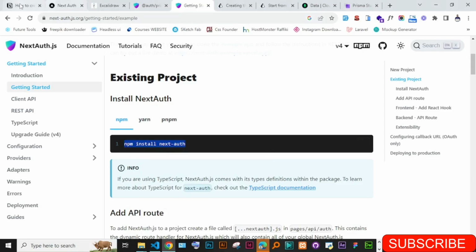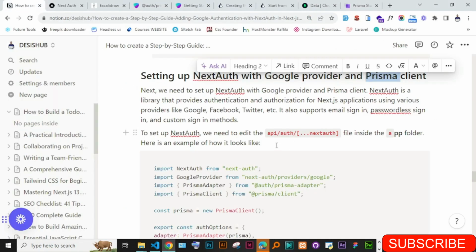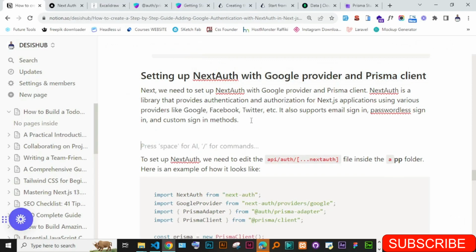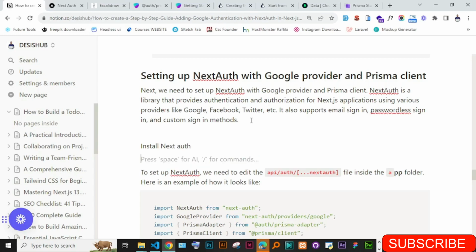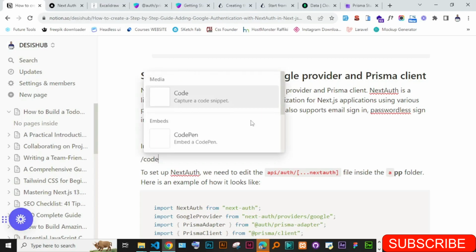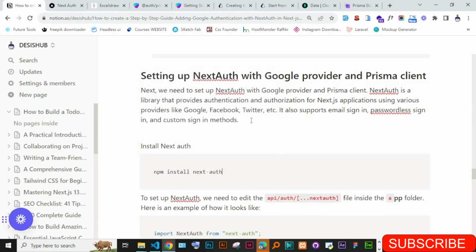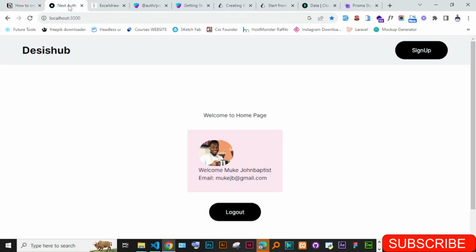Let me just add this also to the documentation. So the first thing is to install NextAuth. Okay, install NextAuth. That's the first thing that you have to do, just like that. Okay, so next